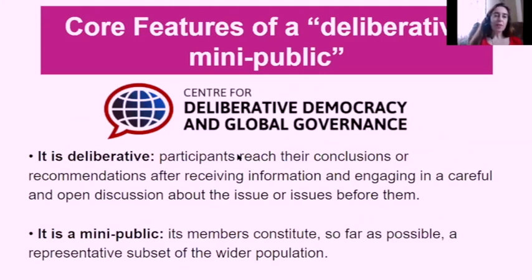So over the last 5 or 6 years, citizens' assemblies have really been taking off around the world as a way to deal with national challenging issues where sometimes representatives need some help or have reached an impasse. And because of that, experts have come together to look at what are best practices. And one of the things that they've looked at is what constitutes what they call a deliberative mini-public. Here I'm calling it a citizens' assembly, which would sort of fall under deliberative mini-public as one of the processes that follows a certain procedure.